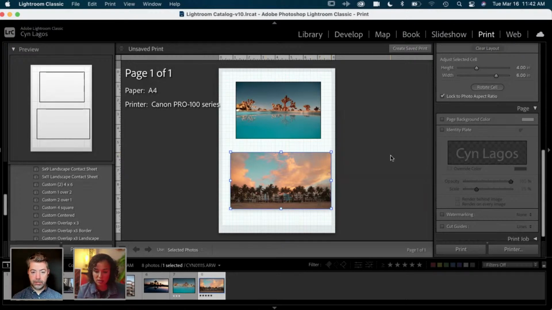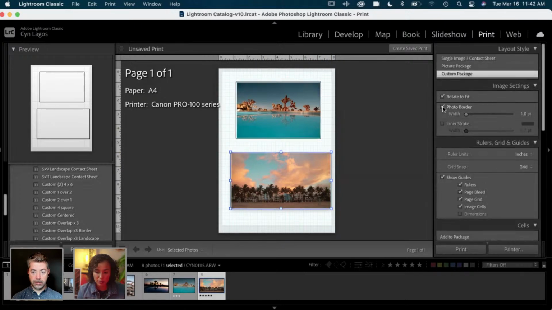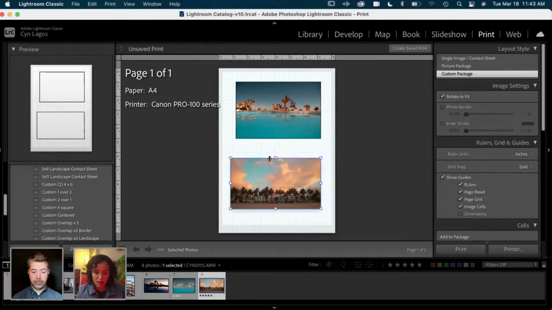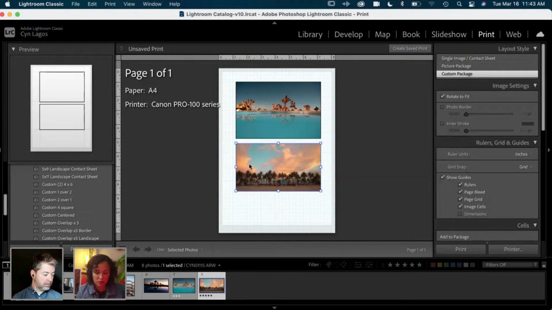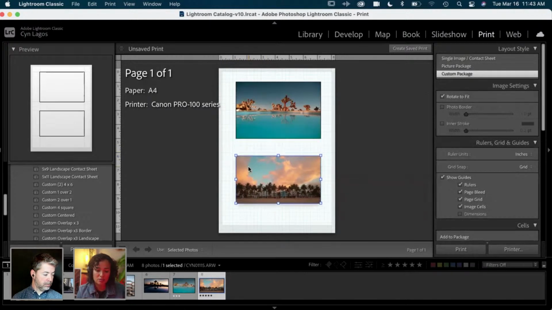Here in this section, you can see how, for example, this image is bigger than the other image. So when it comes to cutting, that can become a bit of a headache. So I like to fit it within the print or adjust it myself. You can actually toggle this section here. So you have these grids back here that can help you see more or less if this is a perfect match. And the reason why that's important is beyond post-processing, this can get a bit manual when it comes to